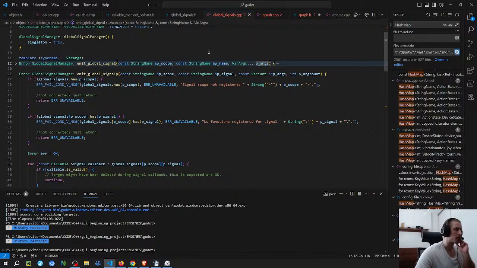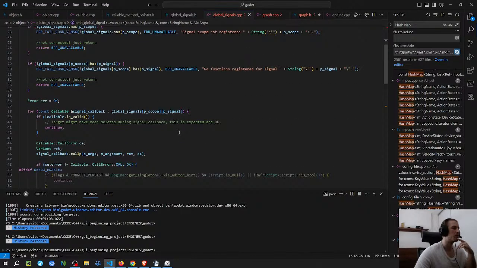But that's the way that I'm imagining it now: you can emit whatever signal, as long as it is subscribed to by at least one thing. Because if it isn't, you can emit anyway, it's just not gonna do anything. But if there is at least one place subscribed to that event, then it doesn't matter where you emit the event, it's gonna run the functions you have on the list there.